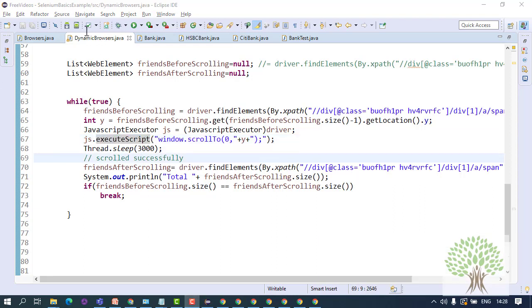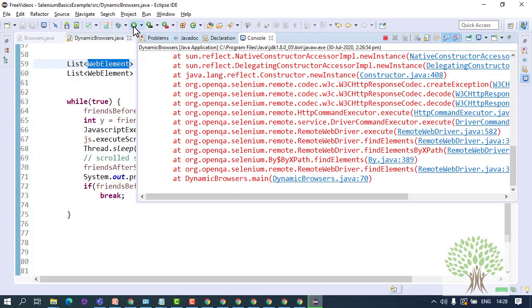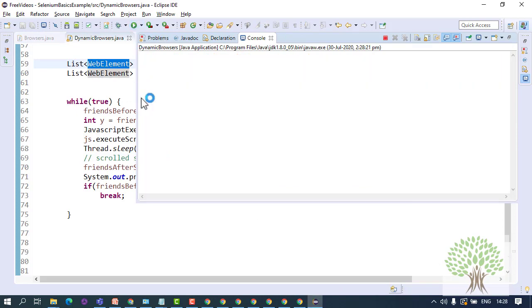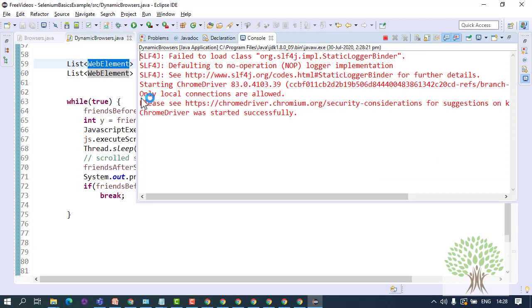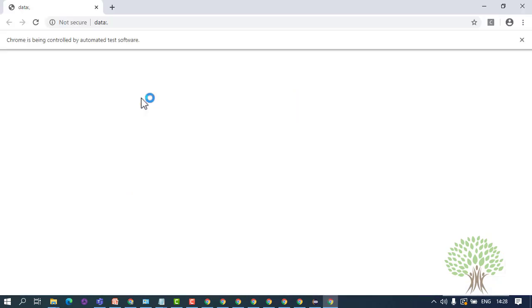I'll run this. Just a minute. Yeah. So this time I will get the names of all my friends and I'll be able to print them as well. It's not a very tough thing to do. It's very easy.